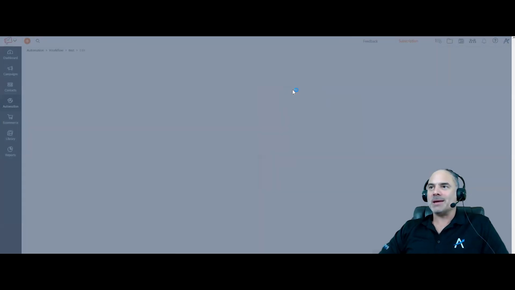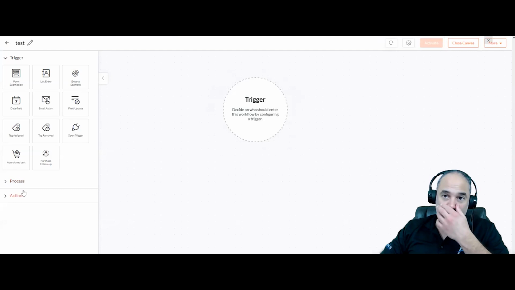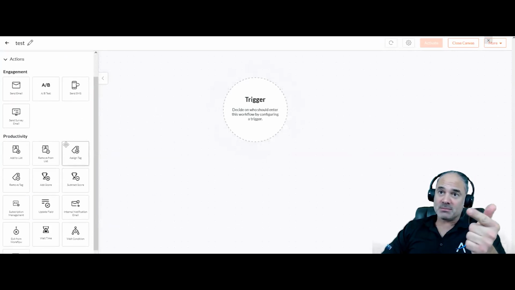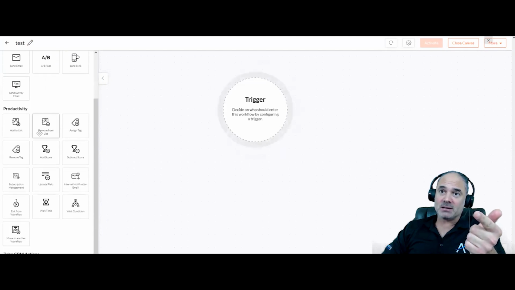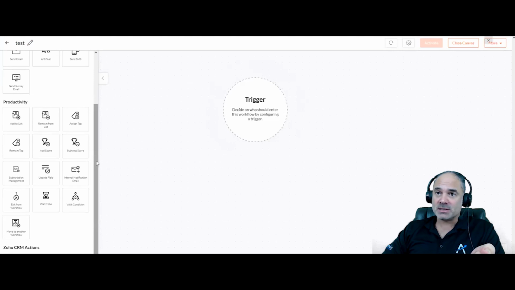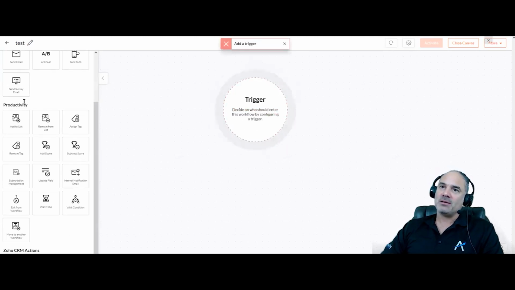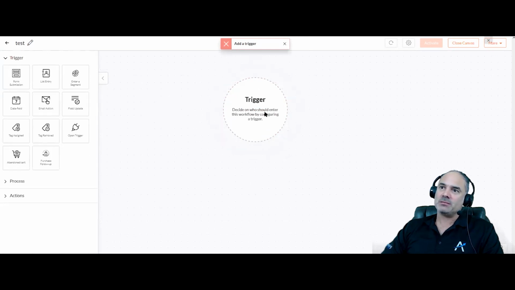Let's check. Maybe there is something here that we can use. Sending an email, send SMS, A/B testing, send email, survey, list tags, subtract score. Okay, so we have some things here. So we can push data to the CRM. Of course, we need to have some trigger.